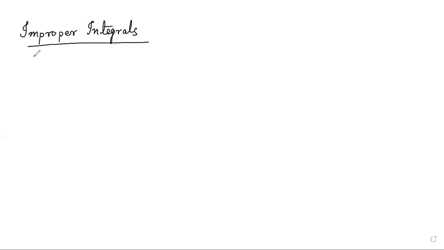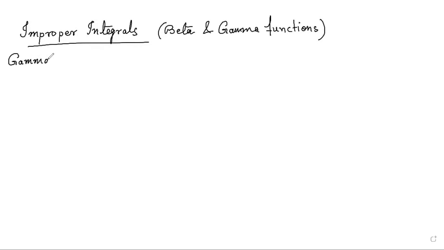Actually, we are dealing with beta and gamma functions. One by one we will go through the properties, and then we will be able to solve the problems. So let us take the concept of the gamma function at first. There is a specific structure of the improper integral which we call the gamma function. What is that and how we are going to deal with it, we are going to learn now.